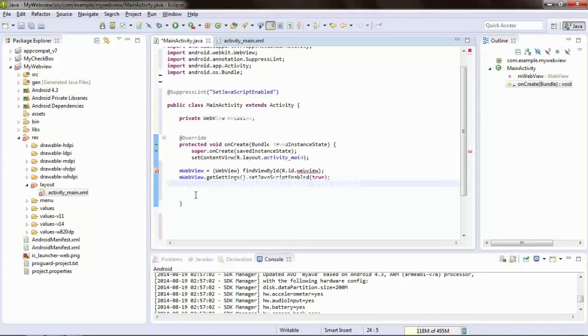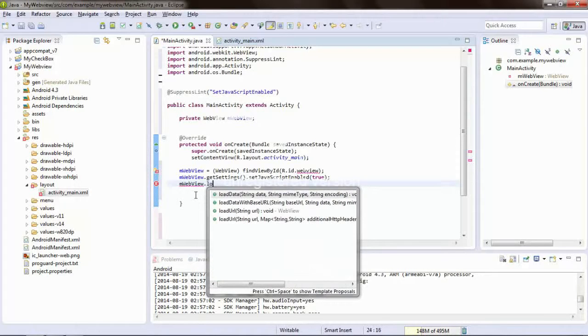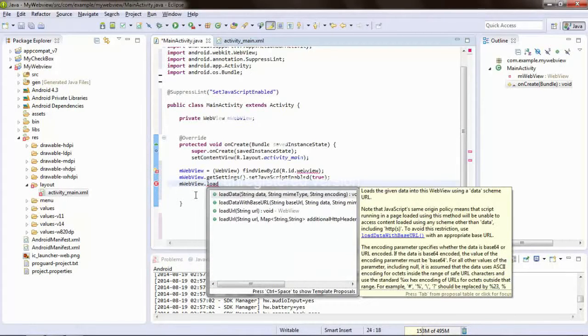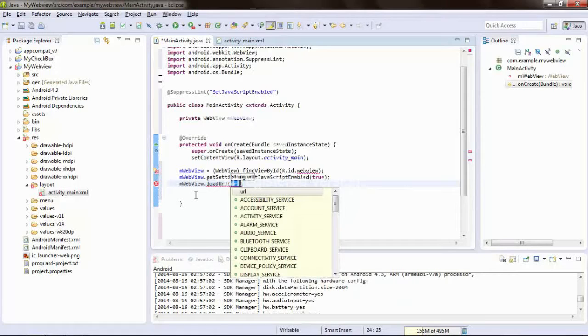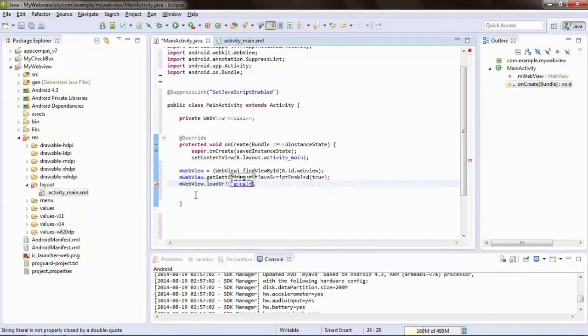And after that, we will now declare the website that we want to view using our web view by typing this code, mWebView.loadUrl, which is, let's try Google, www.google.com, and then